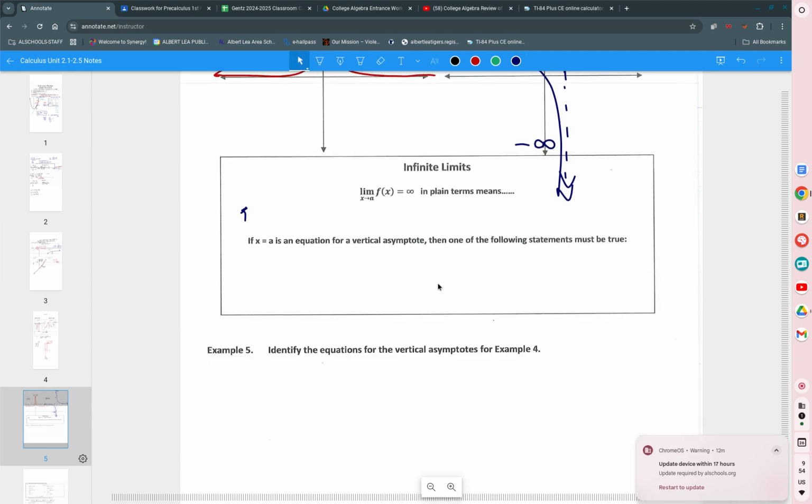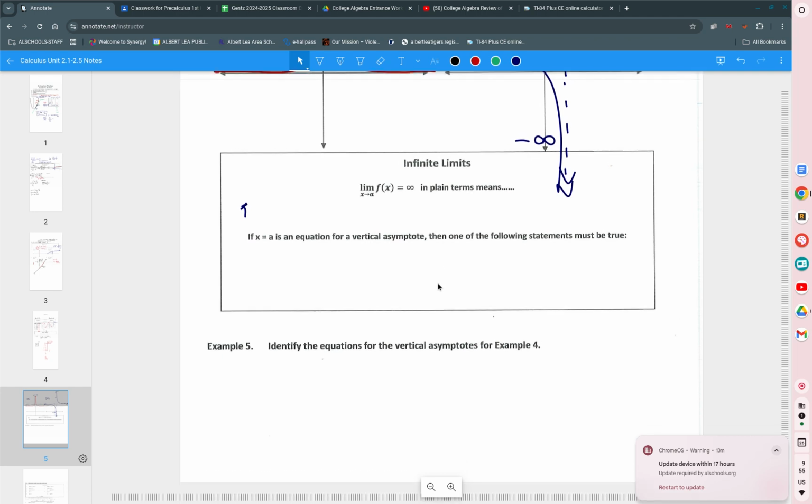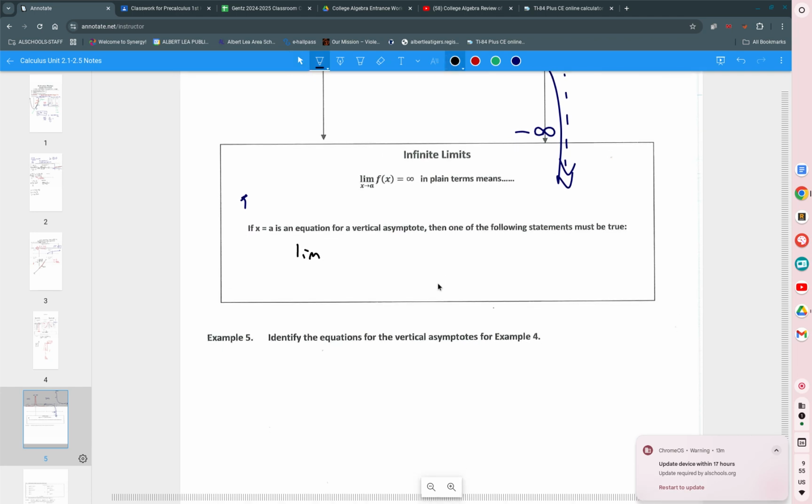The limit as x goes to a of the function equal to infinity, in plain terms, just means that as x gets closer to a, the function gets very, very large. If you have an infinite limit, you're going to have a vertical asymptote, okay? So if x equals a is an equation for a vertical asymptote, then one of the statements must be true. Either the limit as x approaches a of the function is equal to infinity, or the limit as x approaches a of the function is equal to negative infinity,